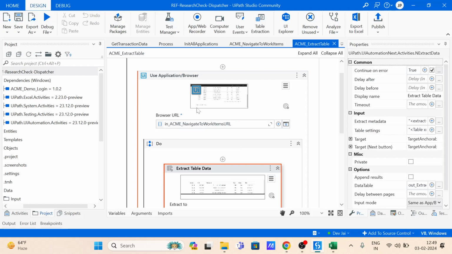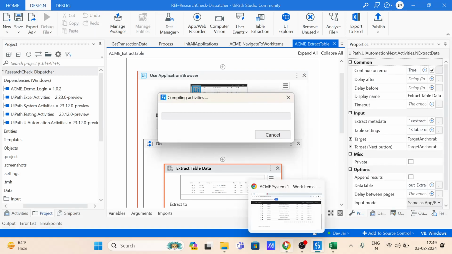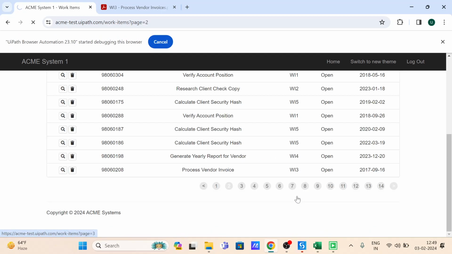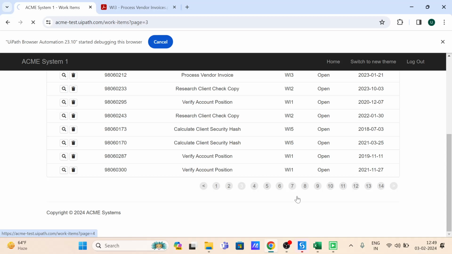14। Okay, let's try to debug it again, this file only, and let's see if the strict selector is working for us or not। Okay, seems like it's working। ठीक है, great।